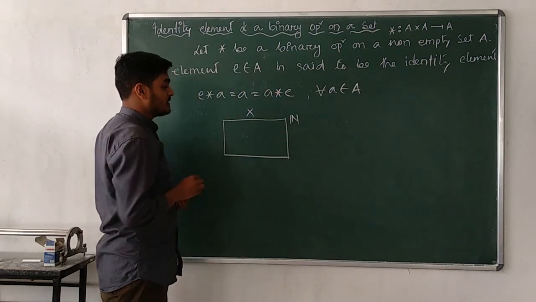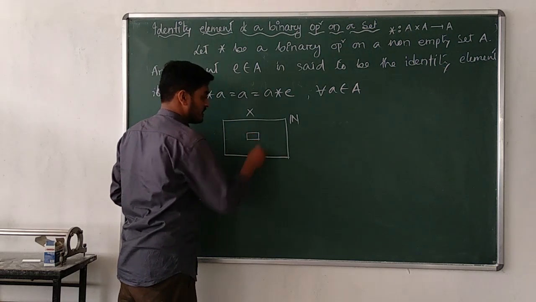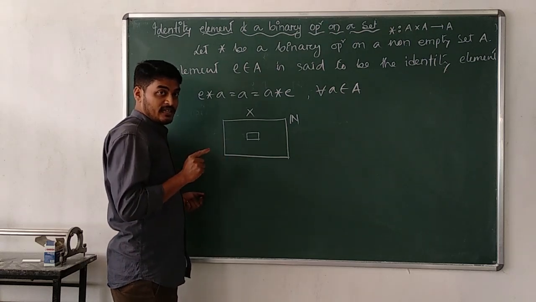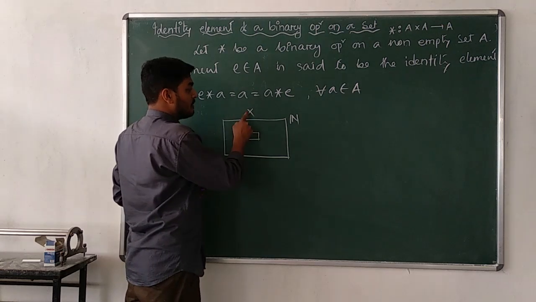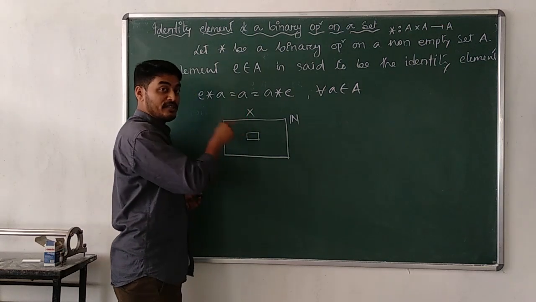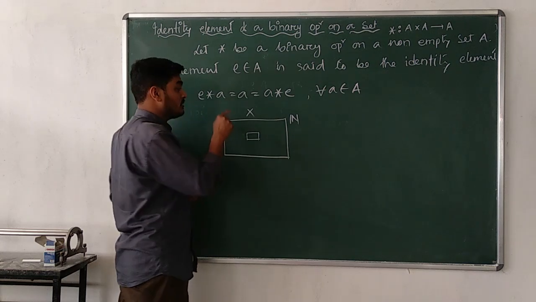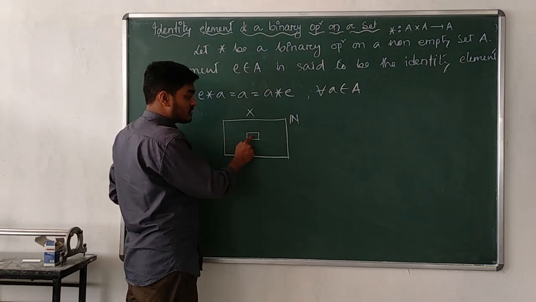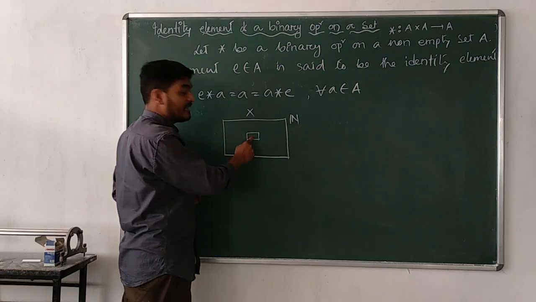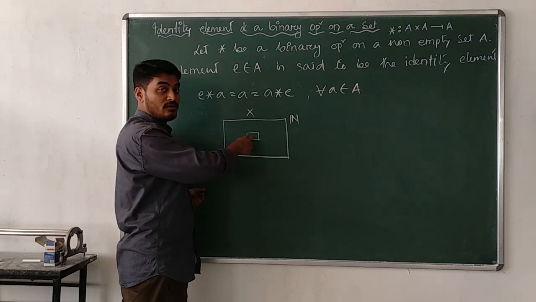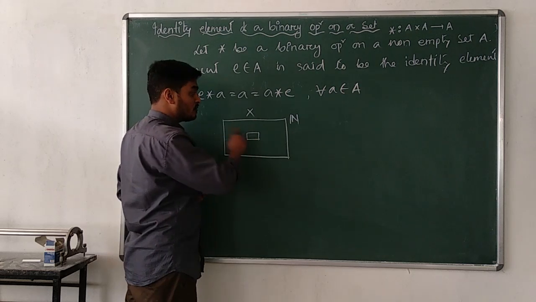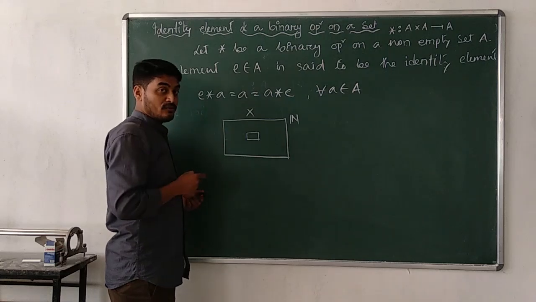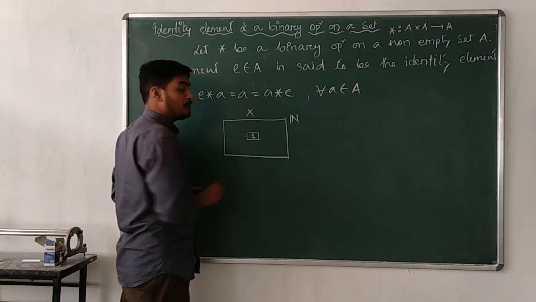First of all, my question is, is there any particular element in the set of natural numbers, any natural number, with which you can multiply any natural number? Remember, multiplication is the binary operation here. So you have to be concerned about the operation as well as the set where the binary operation is defined. Now my question is, is there any natural number in the set of natural numbers with which you can easily multiply any natural number, and after multiplying, that natural number will be the same? Isn't it 1? 1 is that particular number.